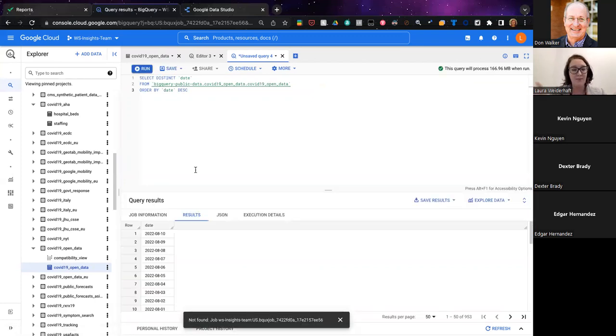Upper left corner. I'm interested in how recent this data is, and it looks like we're even seeing data flow in from the 10th, which it's not the 10th yet here, but I noticed when I was doing the data exploration that we have data from other countries. So it's possible that it's already collecting data from countries where it is the 10th. So we have very current data in this data set.